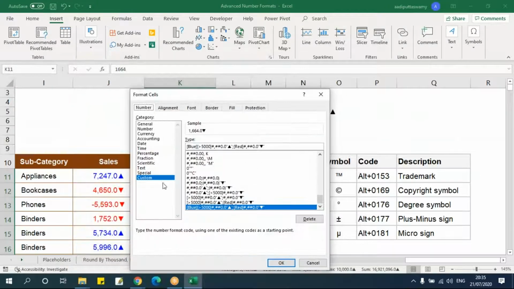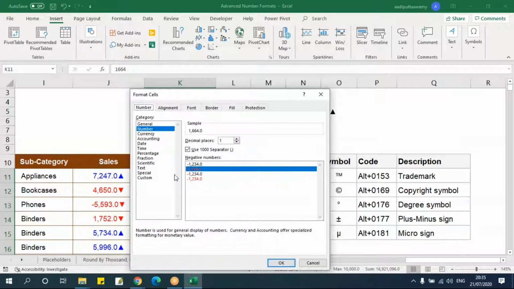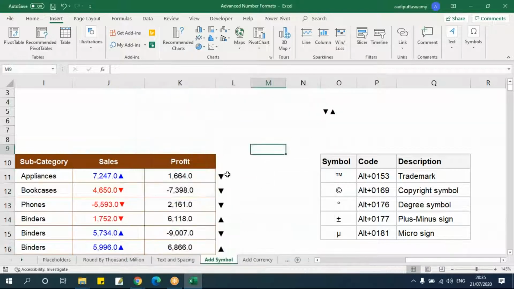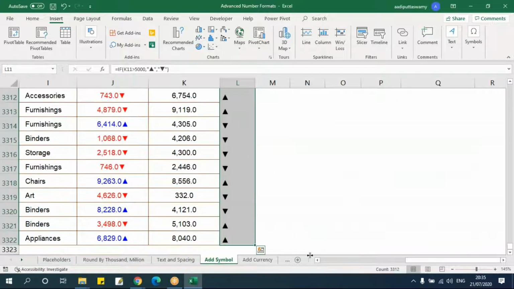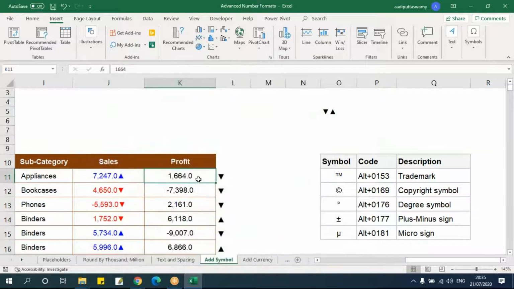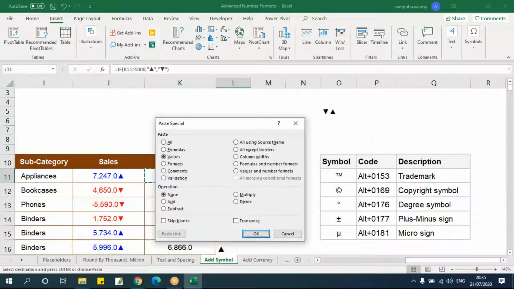We just remove this format. So here I can change by using this conditional formatting, or let me also see if we can do this.